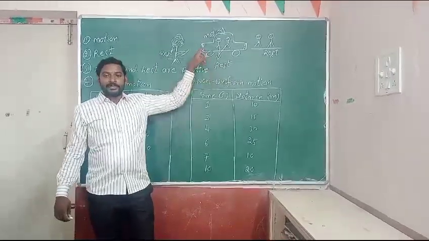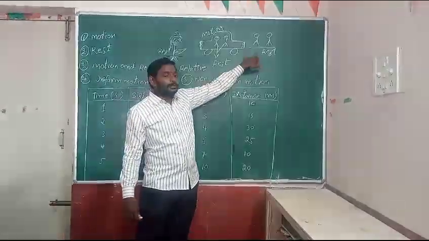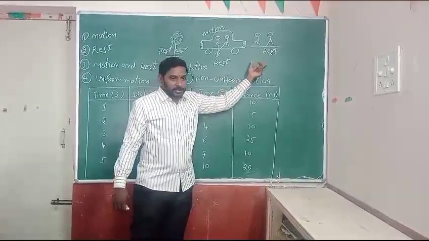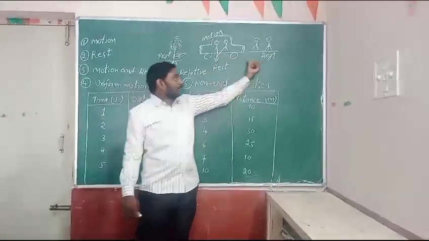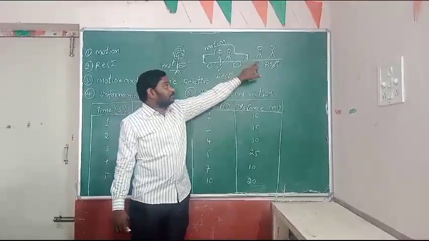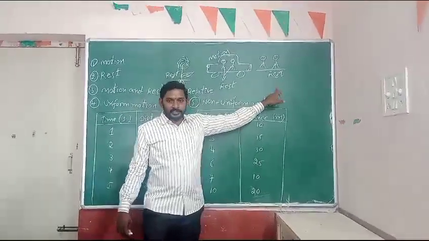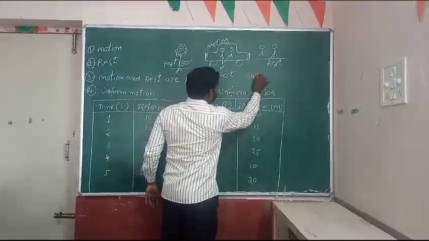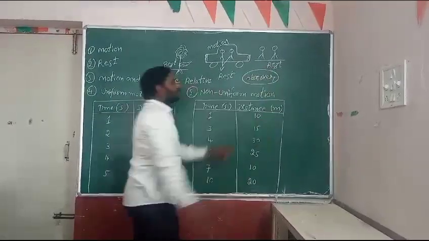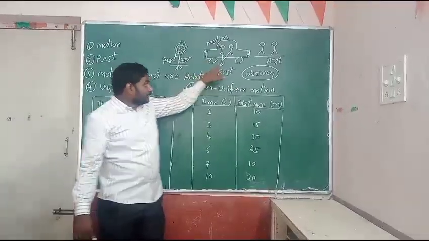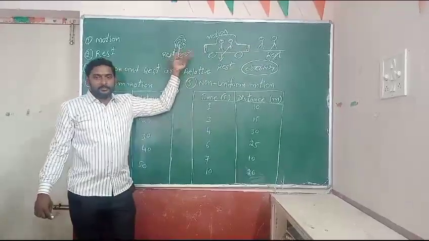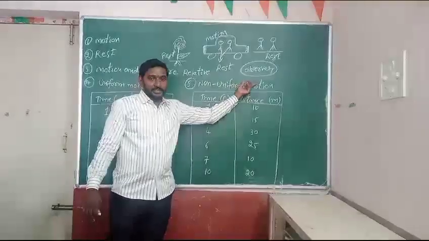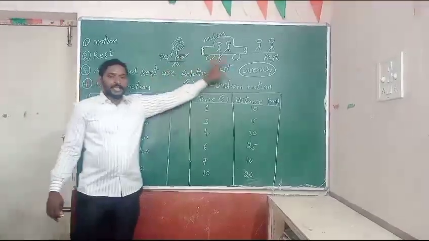At the same time, when the two passengers observe the two persons standing outside the car, those two persons appear to the passengers to be in motion. But actually the original state of these two persons is rest. Understood? So based on the observer, the state of the passengers, the two persons and the tree appears either rest or motion. So this is dependent on the observer. That's why motion and rest are relative.